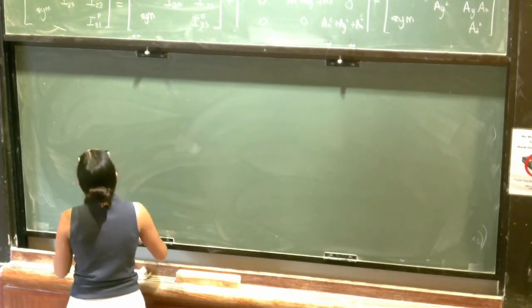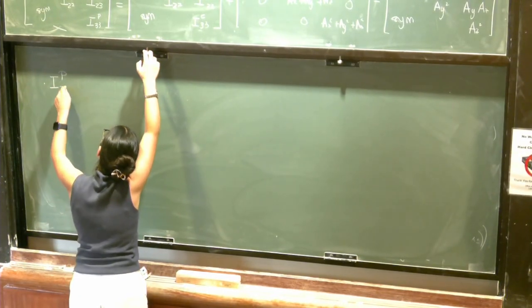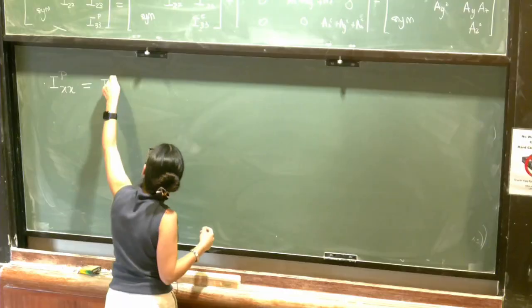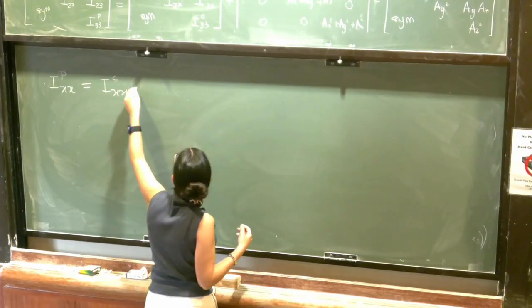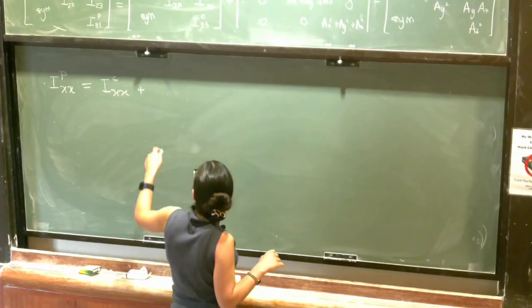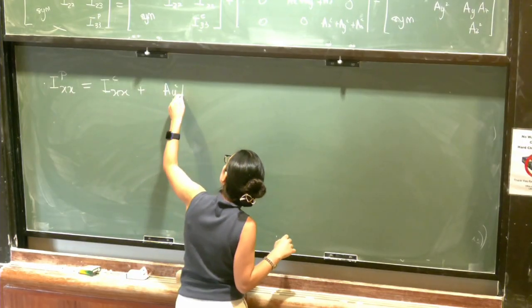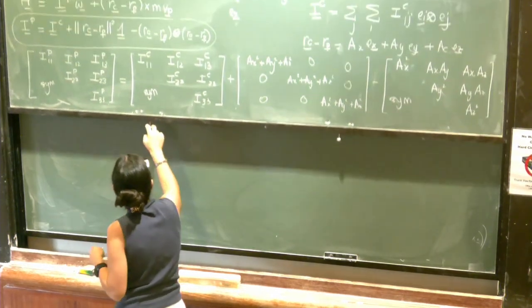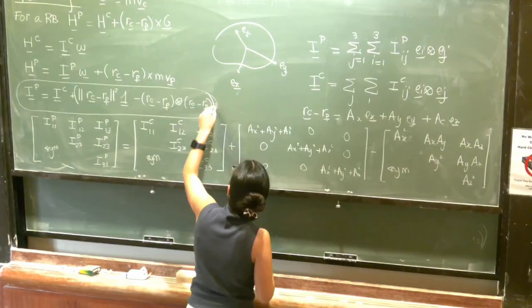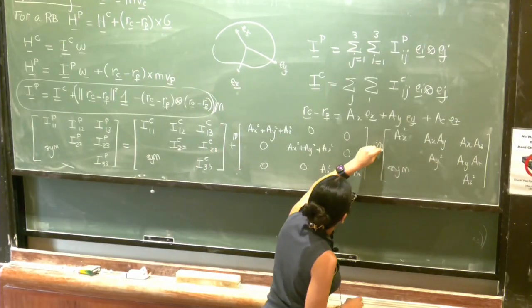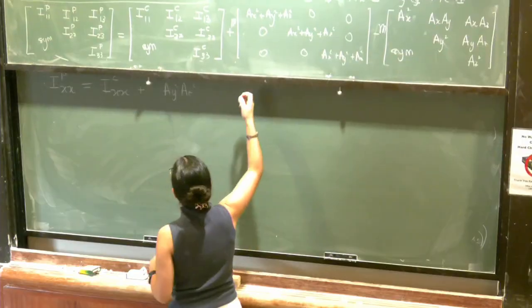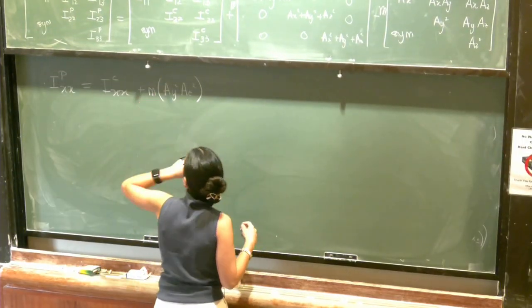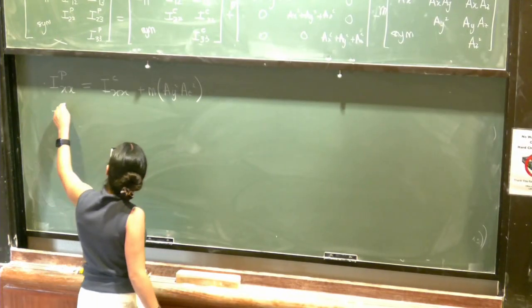So for example, for the first one, A11 or AXX, IPXX is equal to ICXX plus AY squared. I think I'm forgetting something, which is a mass that multiplies these two. So I'm forgetting an M term here. M. Okay, so that's for a moment of inertia. For example, for a product of inertia, IP xy